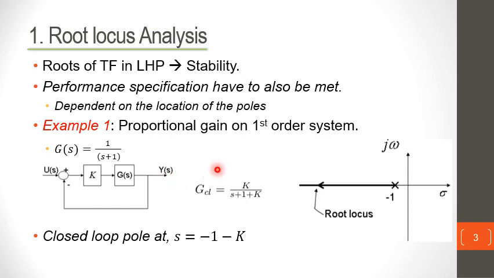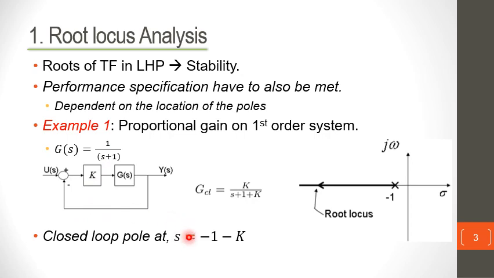Having seen this, we will also observe that the closed loop pole, or the pole of this transfer function, would be S equals negative 1 minus K. This is where the pole is located, and this location of the pole depends on K. If, for instance, we let K become 0, which effectively means we are cutting this into an open loop system, so you're cutting off this feedback path,